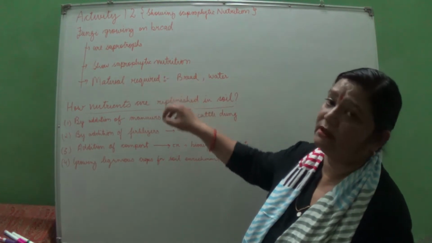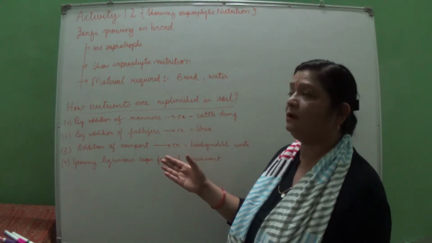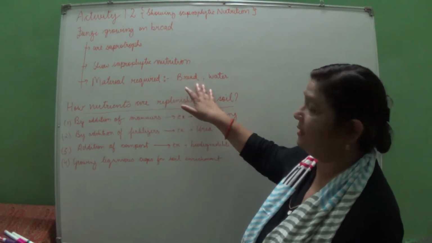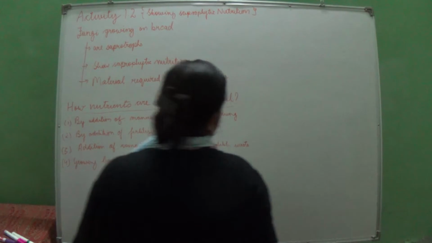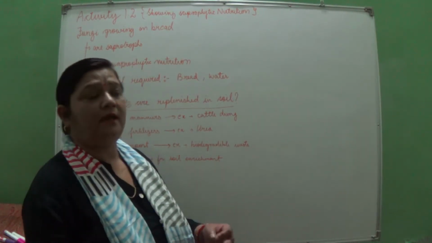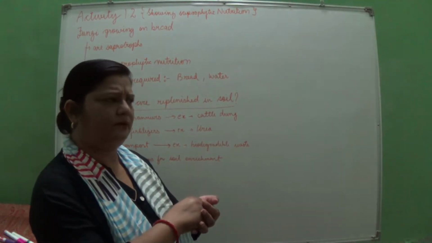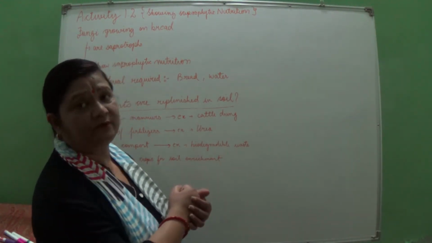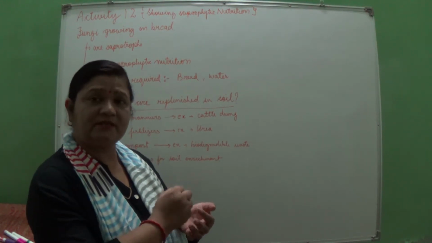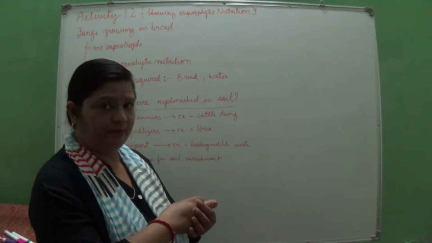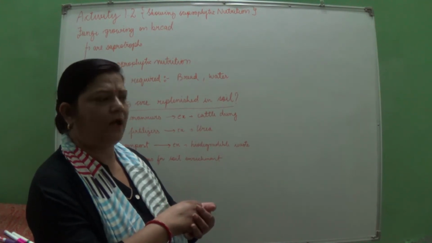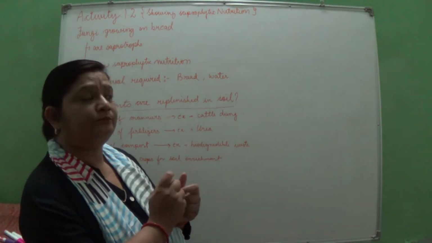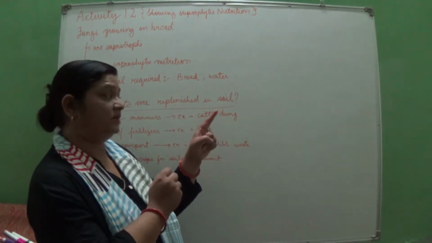So here I will be showing one experiment on this, and we will be discussing that experiment. For that the material required is bread and water. You will take bread and add a bit of water to it. The temperature at present is very favorable for the growth of fungus. So you can perform this experiment at home. Take bread, add some moist water, and after 2 or 3 days you will see what you can see from the picture here. I'll explain over here.